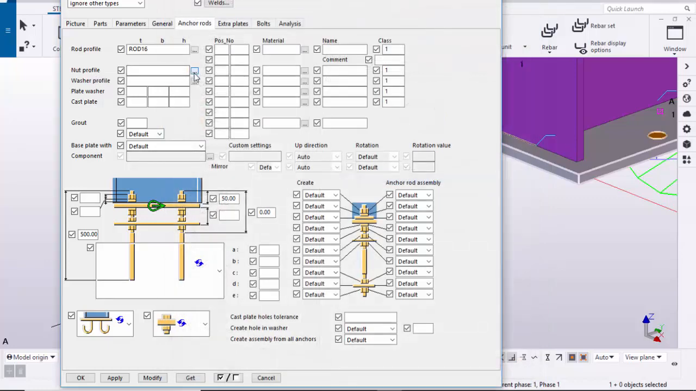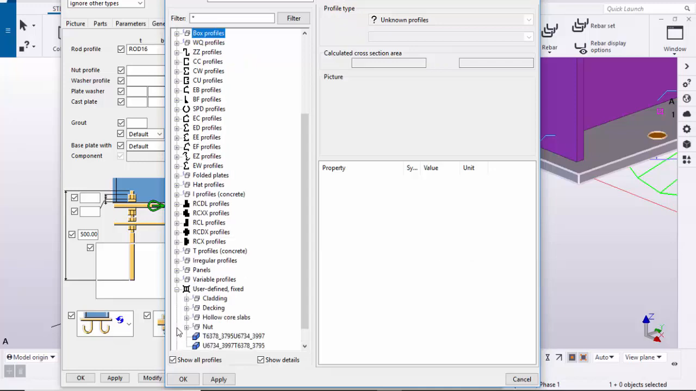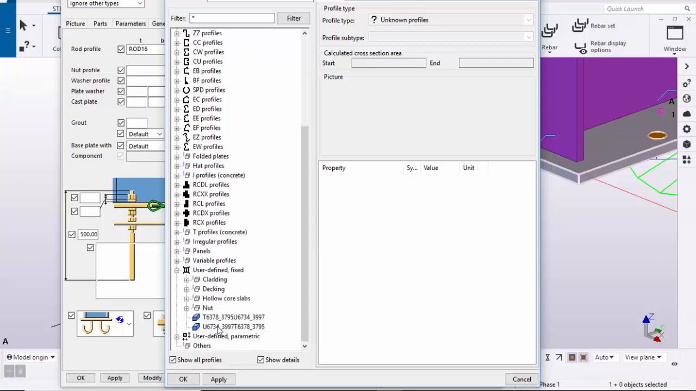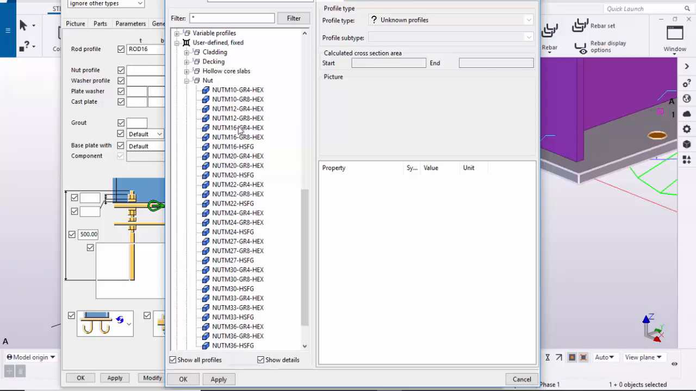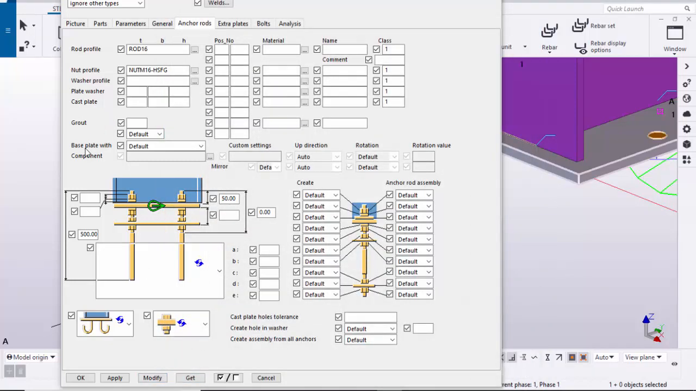Under nut profile, click here, scroll down and select this option, user defined fixed. Under user defined fixed, select this option, nut. Under these options, select nut M16 HFS and select apply and OK, and come here under base